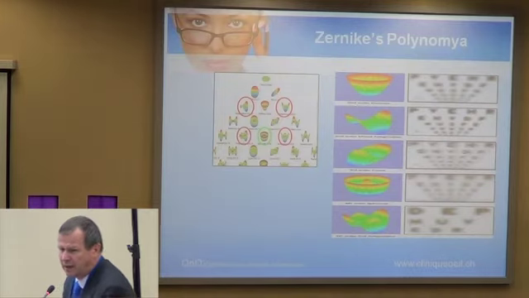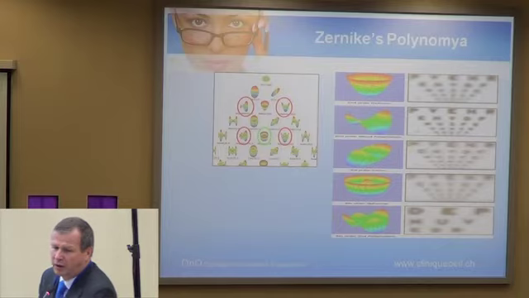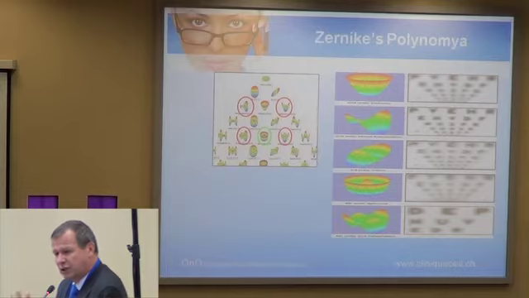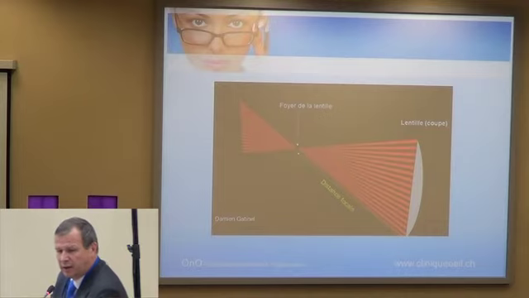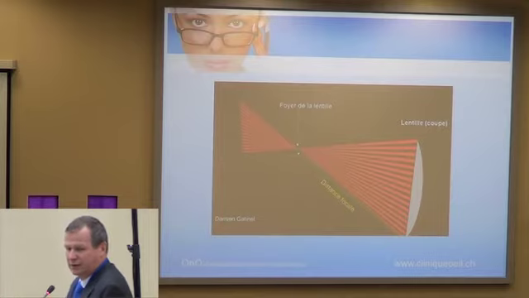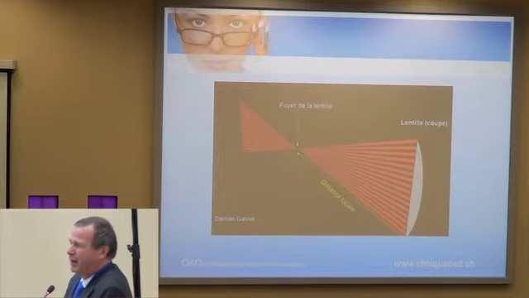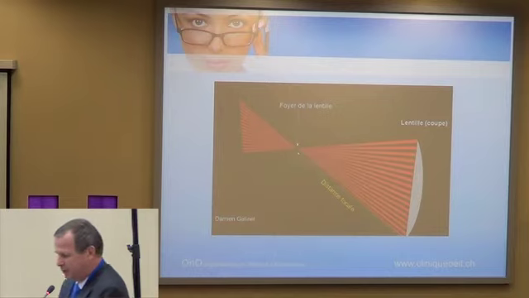When you look at the Zernike polynomials, there are a lot of aberrations which make an edge that is fuzzy. Not only the astigmatism, but the coma and the spherical aberration. It's quite the same fuzzy edge. So let's go to the astigmatism, and I thank Daniel Gatinel for this schematic. I understood the astigmatism thanks to Daniel, and if you go to his work, it's very, very interesting and very simple to understand.